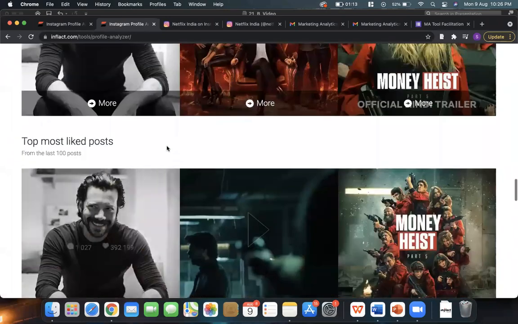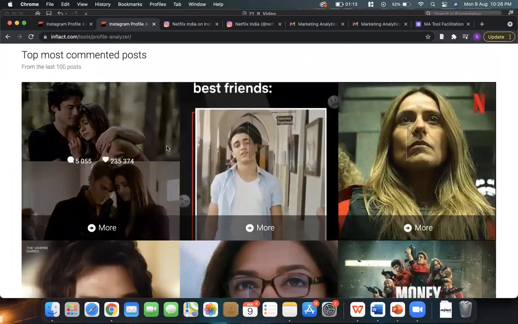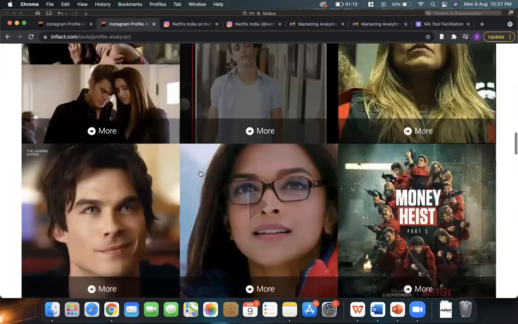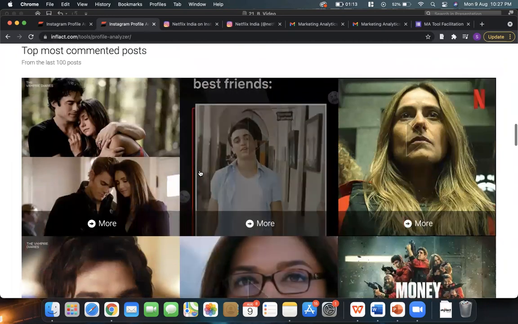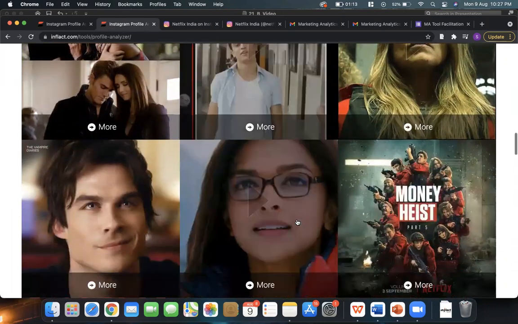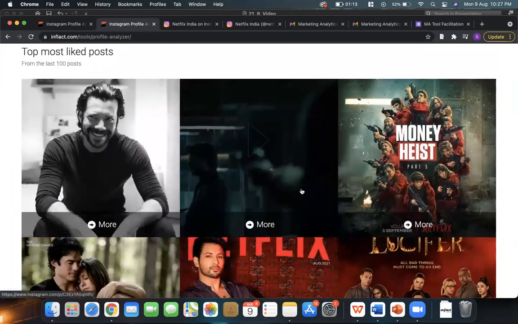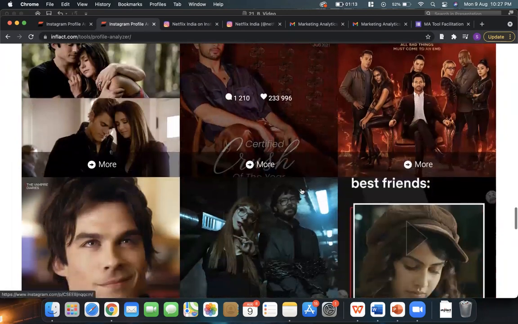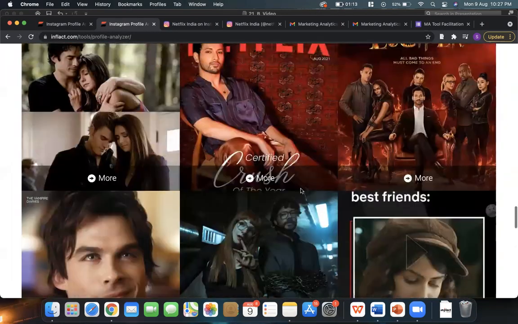And why is this important? This is important because we can analyze a public profile and gain various insights. And we can also see the posts that are gaining the most comments and also the most likes. And this can help us in understanding more about a page, and in return gain valuable insights.